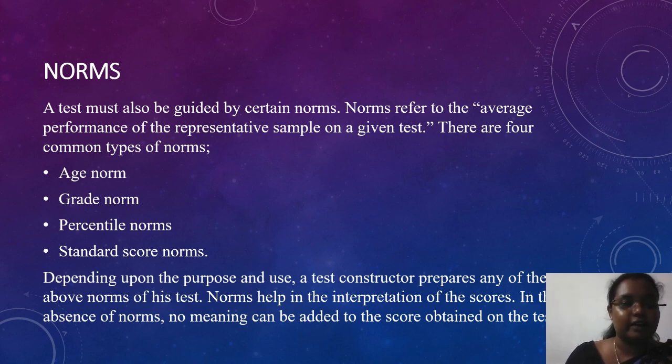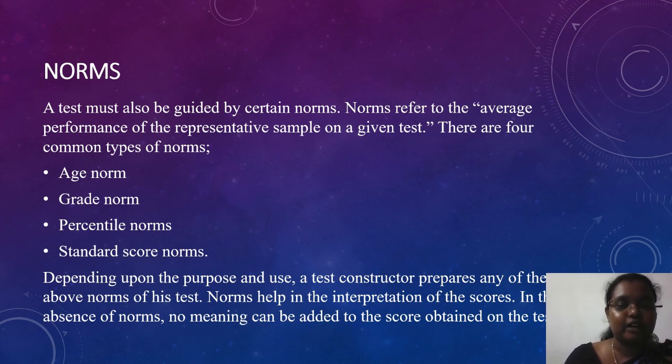Third is reliability. Norms should be based on reliable data, ensuring consistency and stability over time and across different populations. Fourth one is applicability. Norms should be relevant to the population for which the test is intended, considering factors such as age, gender, and cultural background. Fifth is recentness. Norms should be up to date, reflecting current characteristics of the population, as norms can change